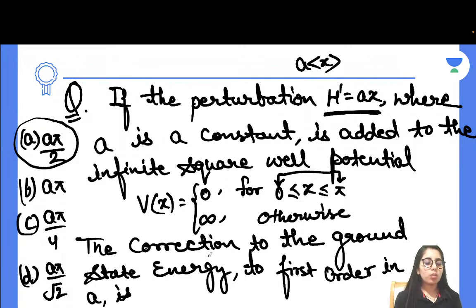Even though it can be solved with a detailed approach of perturbation theory, this is going to help you save your time. So simply find the average value of the perturbation applied to the system. Since you know the extreme values of x, they can be 0 and pi. So 0 plus pi over 2, that is A pi over 2. You will have the overall value, and that's your first order correction to the ground state energy. This is how you can simply find it, and it was the formula we used here.